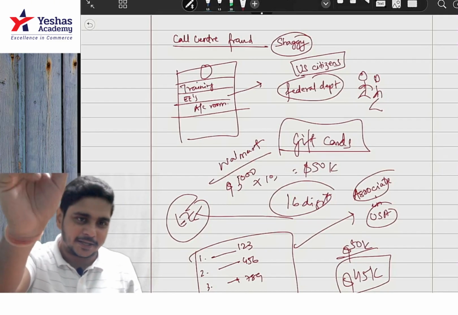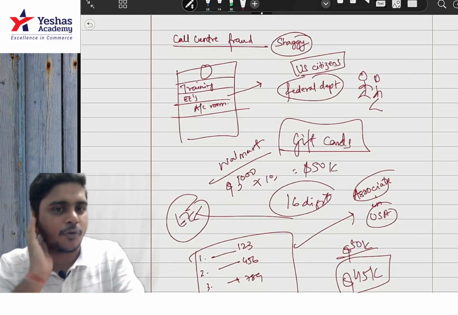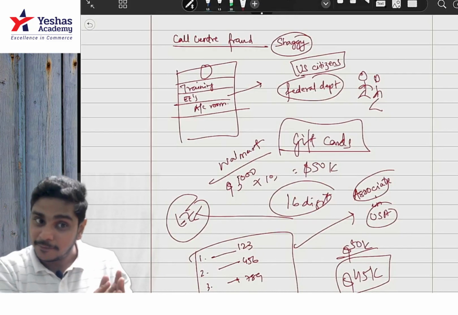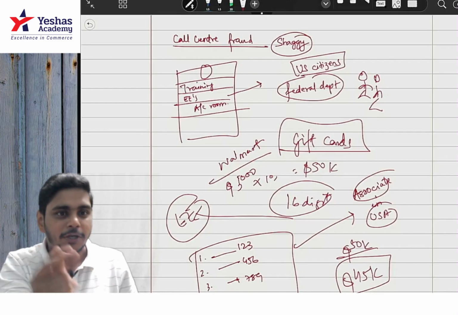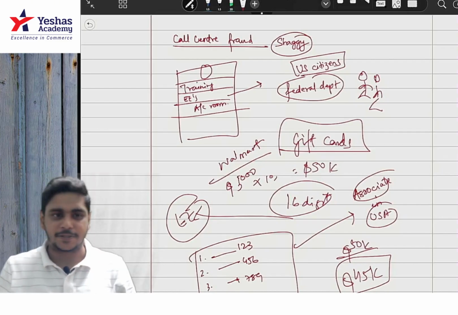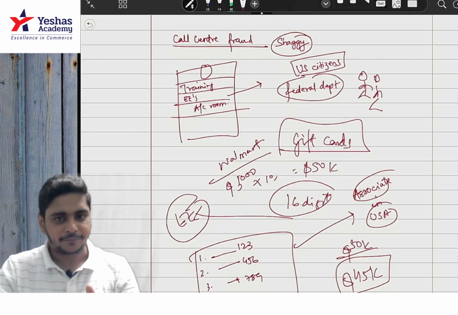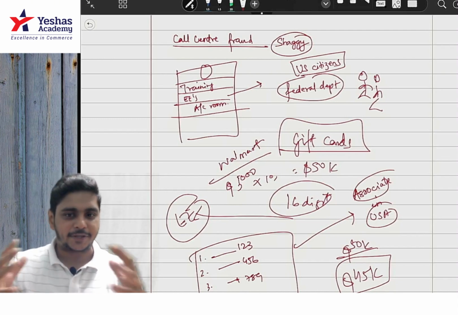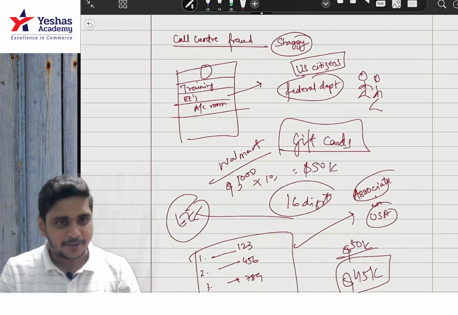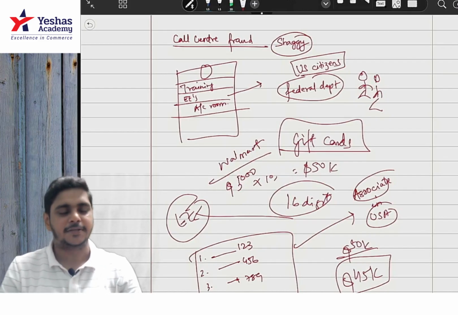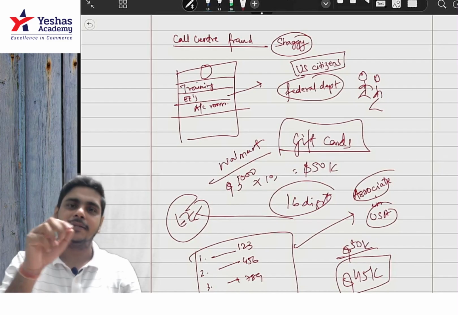The person who was in the US asked a lot of questions to the employee, and he fumbled and slammed the phone. So the NRI got suspicious. He made a police complaint. Police came to their house. They set up a trap because the caller was supposed to call back again for the payment of tax. So they made a setup.